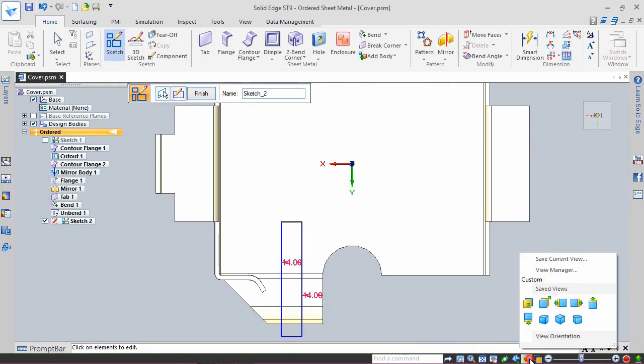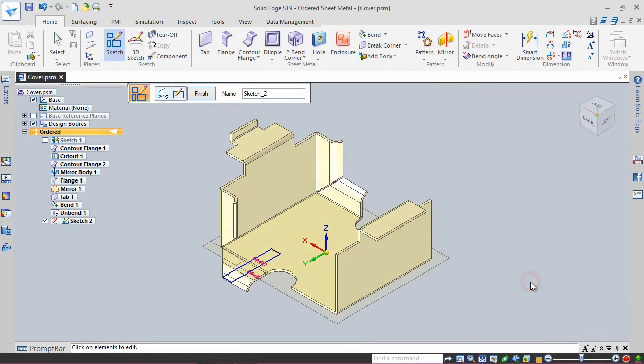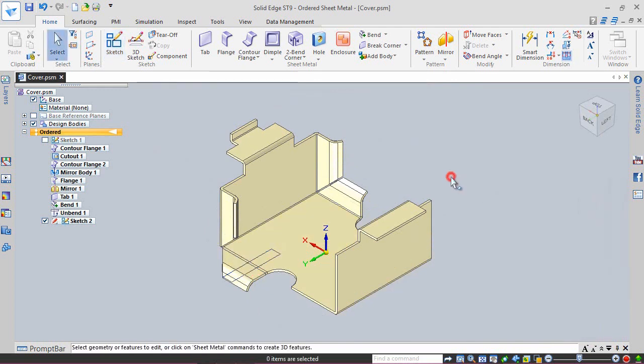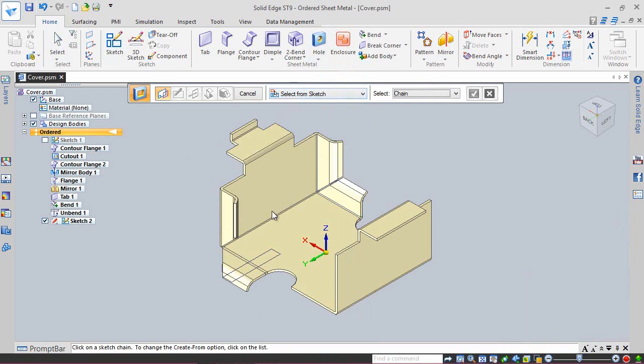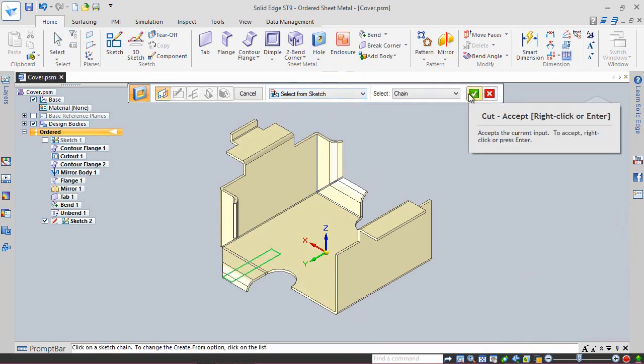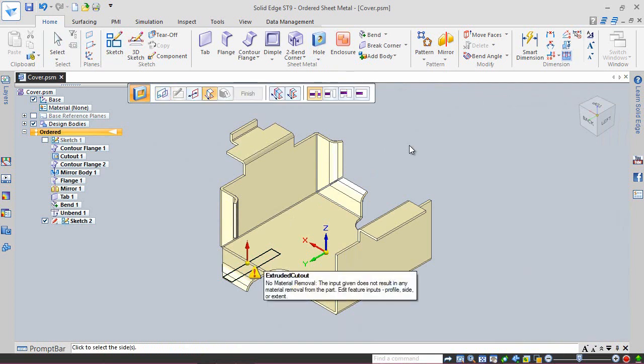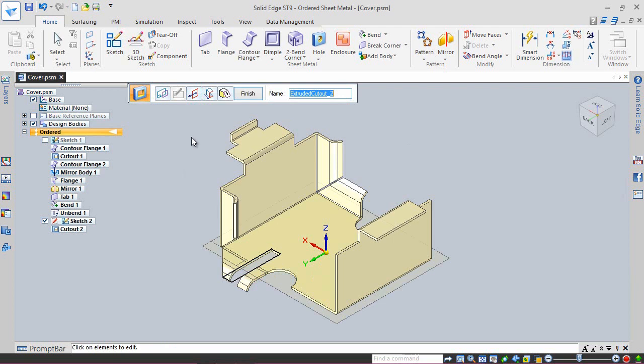Switch to our named view Custom. Activate Cut command and select this sketch profile. Specify the cut direction downward by moving the mouse and execute the command.